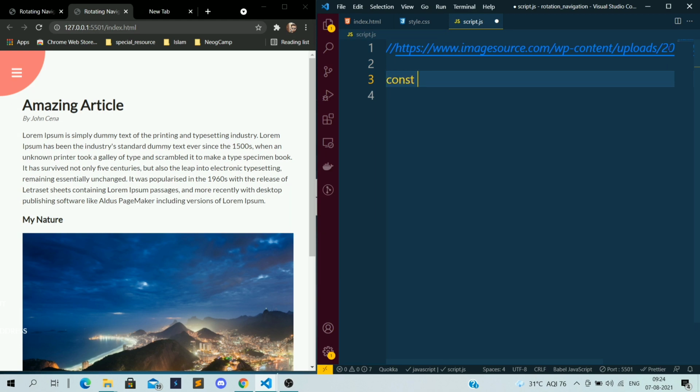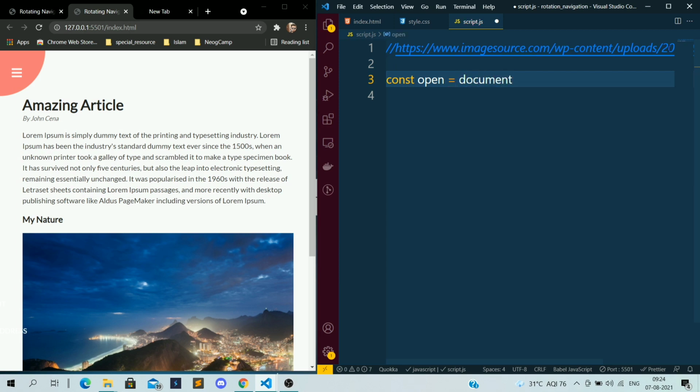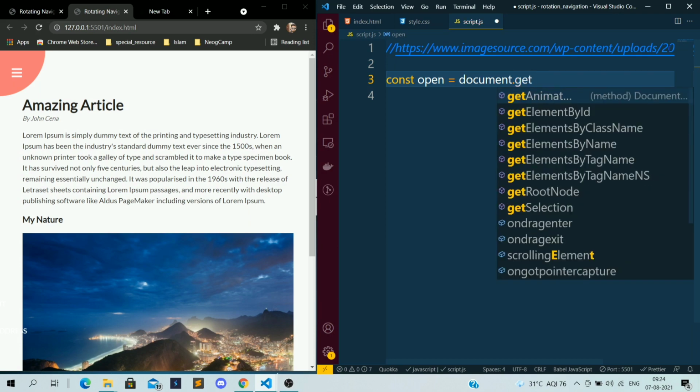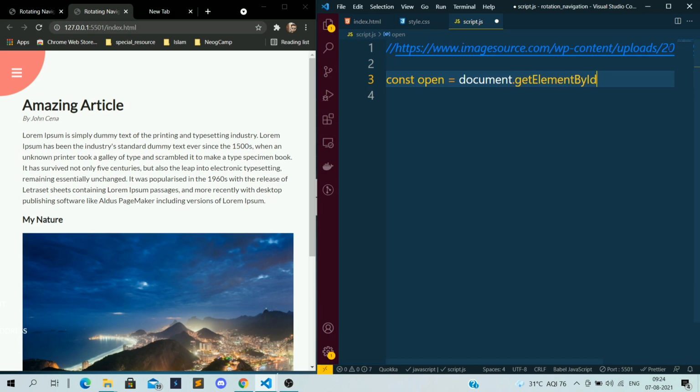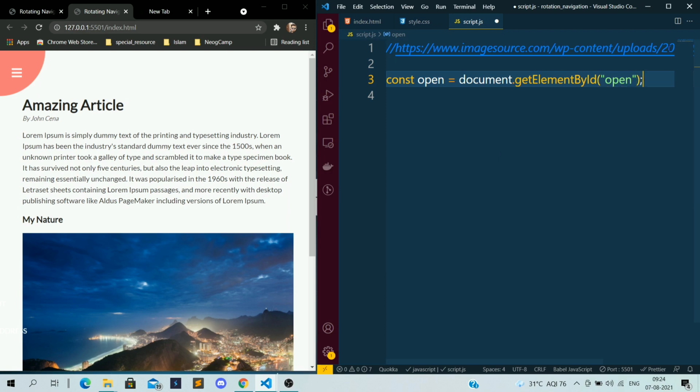I want to take the open id, the button with the id open, because I want to click on that open or cross button, correct? So I have to take that.